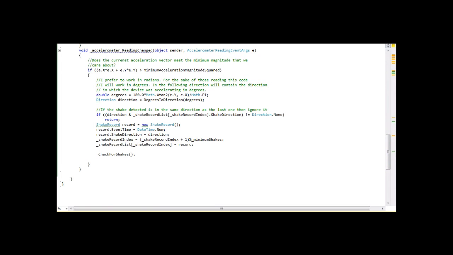So once I have the direction, I check to see if this direction is opposed to the last reading that I took. If it's in the same direction as the last reading that I took, then it's not something that I really care about. The device hasn't really changed direction. So at that point, I just return and I don't do anything else. But if it is in a different direction,